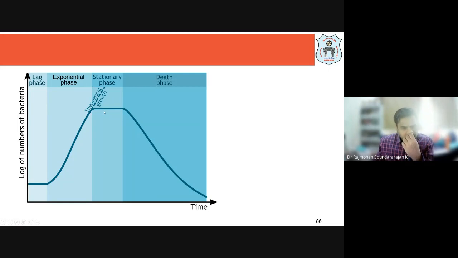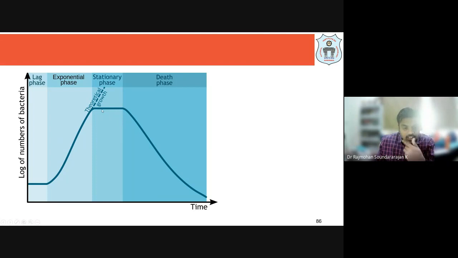Okay, that's where Monod kinetics comes into the picture. At this point, when you introduce a fresh set of nutrients, you can extend this growth phase. So to maintain the growth, the moment we reach this point, we can add nutrients into the system again, and we can have a second exponential phase. After a little bit of lag, there will be exponential growth. That's what we can call Monod kinetics.